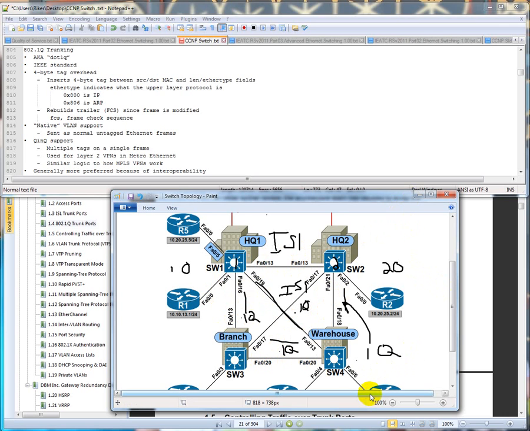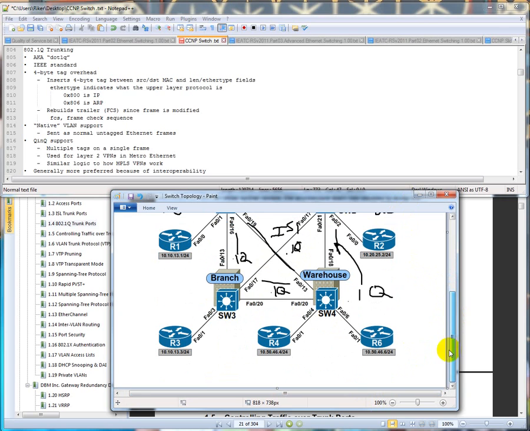Now, if you look at it from this perspective, where you have Dot1Q, you have the source and destination MAC address. Then you have the length, and I'll type an E field. So the Dot1Q header goes right here. As soon as the destination is known, where's it gonna go? Then the VLAN ID is tagged in there, and that is how it's put across the trunk. So when information wants to go from here to here, the only time Dot1Q is used is from here